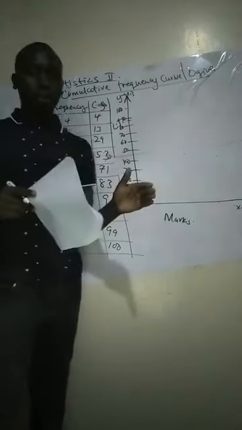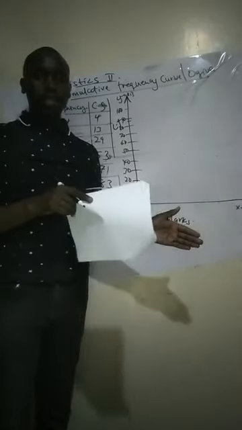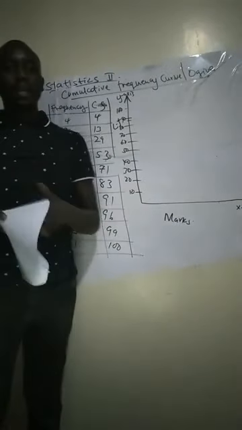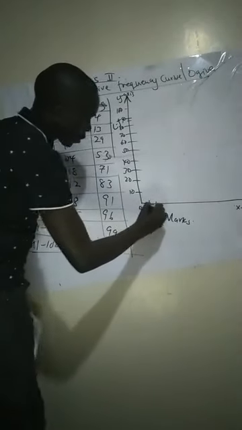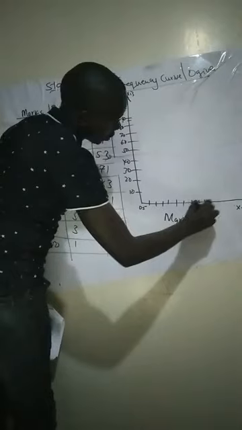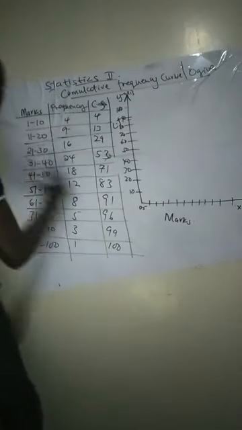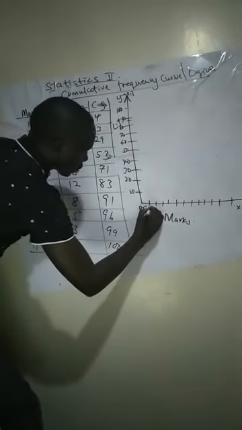Now in the x-axis, we use the class limits. So the first class is 1 to 10. Just like in the histogram, the first one is the lower class limit. The rest are the upper class limits. So the lower class limit, let's start from the origin, 0.5. Then upper class limit, 10.5, 20.5,